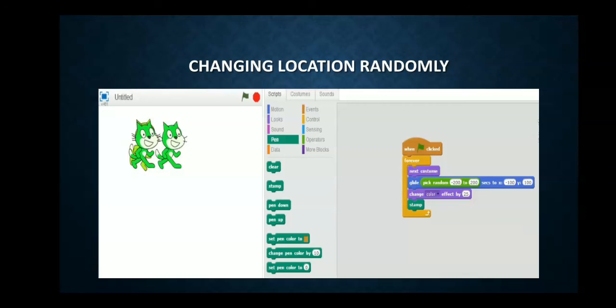You will get the stamp block in the pen category, and next costume in the looks block. As we know that operator blocks work with the looks block, you can easily drag and place it with the looks block. You can see, using that we can work with the sprite. It will change the color and its position randomly.